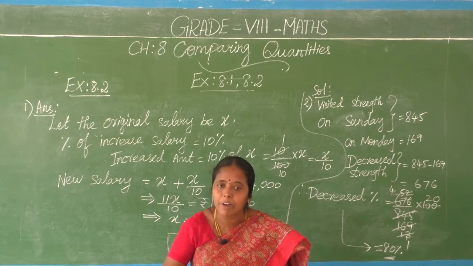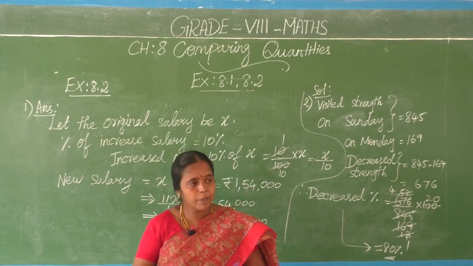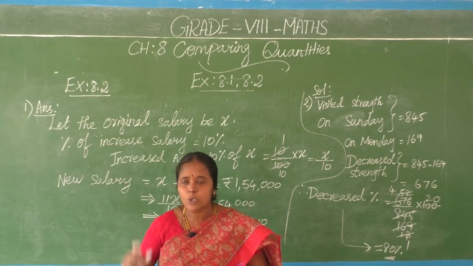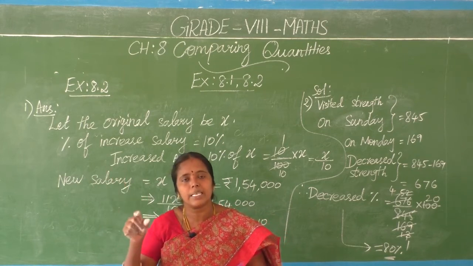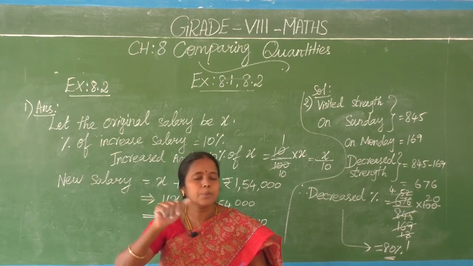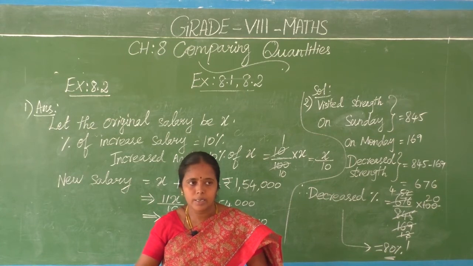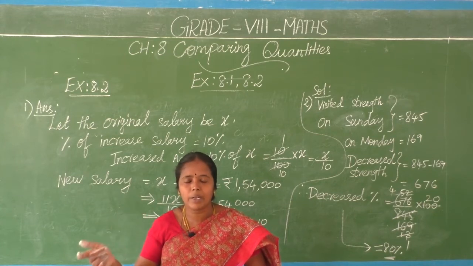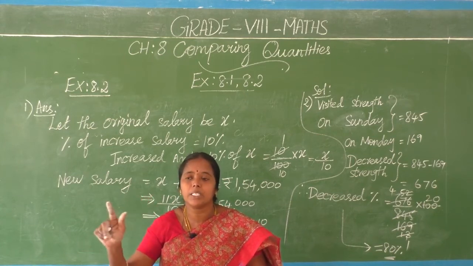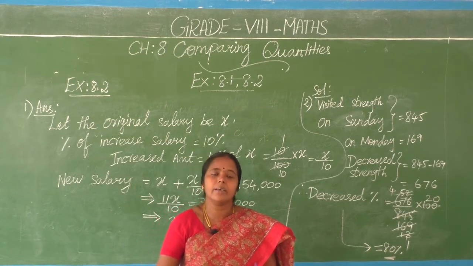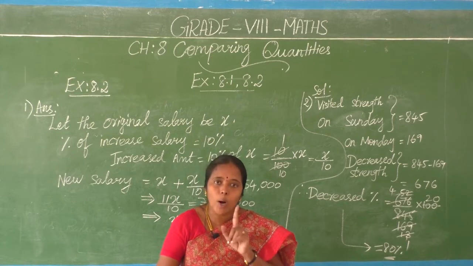Actually, what is given and what do we have to find? A shopkeeper purchased 80 articles for 2,400 rupees. So what is 2,400 rupees? That is the cost price of 80 articles. He sold it to others at a profit percentage of 16. That means they are asking for the selling price of one article.